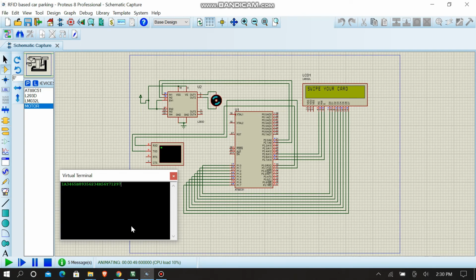Now let us put in a garbage string so that it will detect it is not a registered one. Now we can see that it has displayed the outside person message, no slot for you. So this was the RFID based car parking system. Thank you.